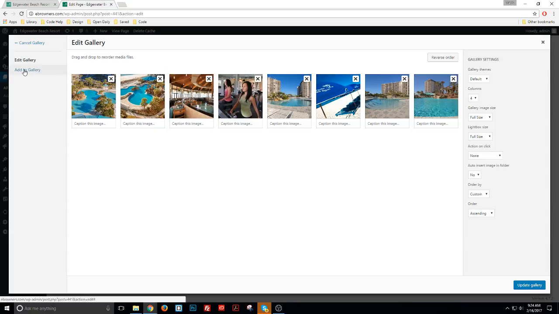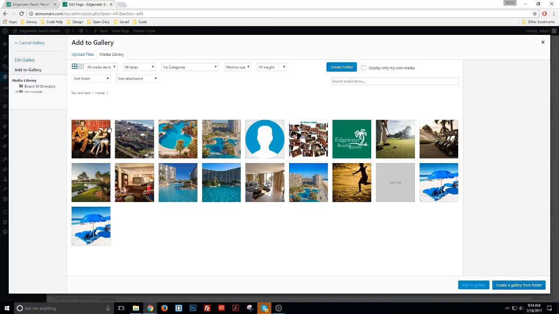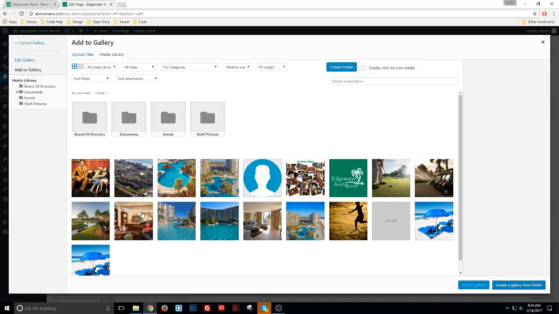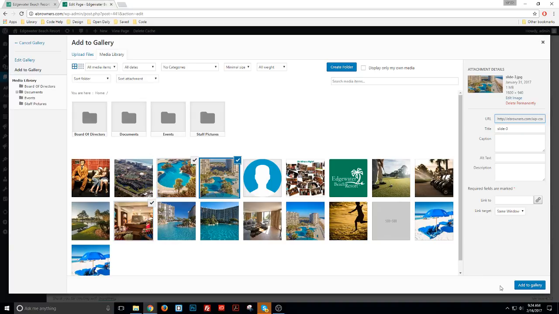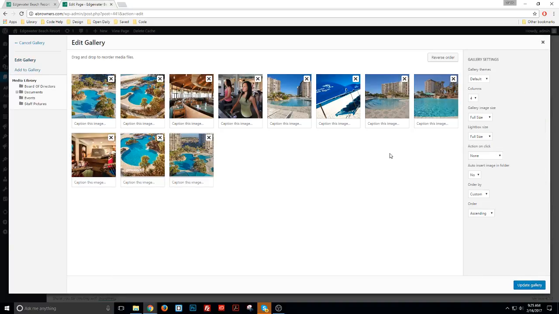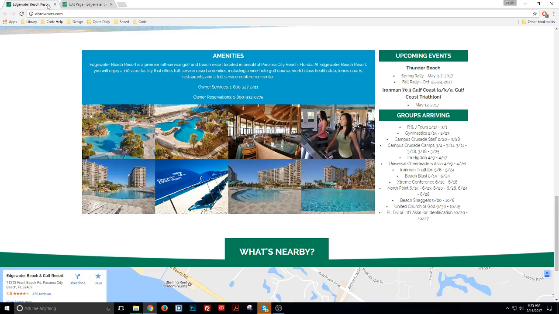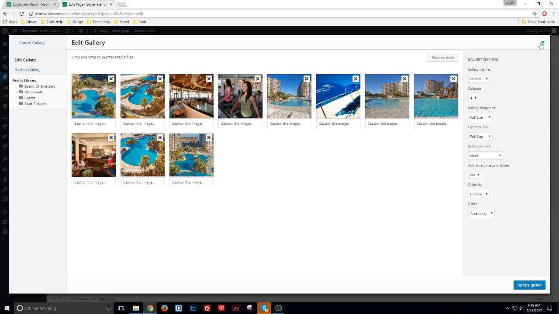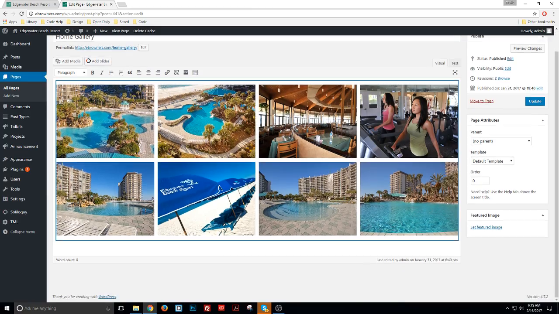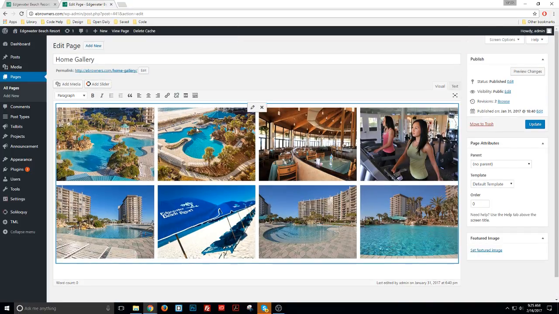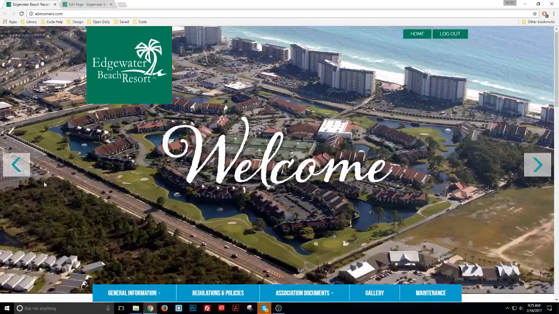And then if you wanted to add to it, you can hit add to gallery and click on one like this one and hit add. Now this has a limit of 8, so you'll just have to make sure that there's only 8 in here. Yeah, 8. Okay, and then we'll exit out of this. And then let's go back up to the top